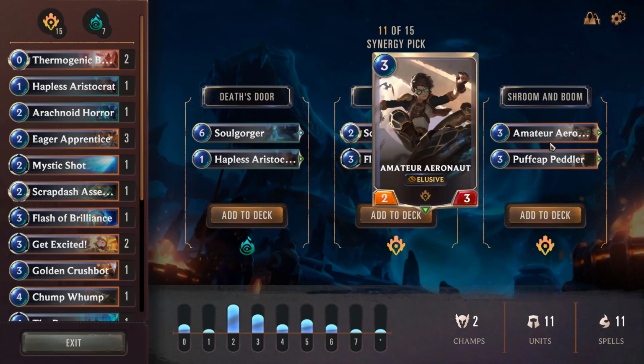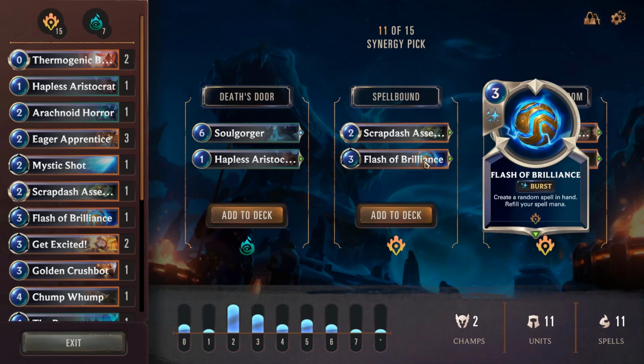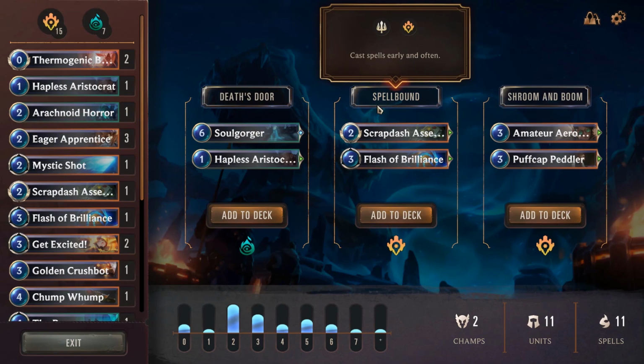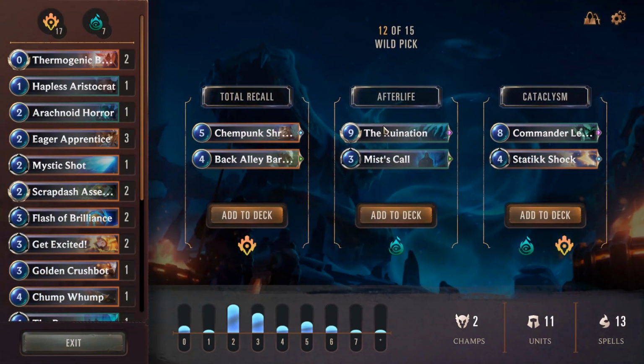Okay, Amateur. Having an elusive could be important, or a bunch of removal. I'm okay with either one. In this case, I think I'm actually going to go with Flash here because I know what the type of deck is that I'm trying to play. I don't recommend always going this, but in the style of deck that I'm looking to try and play...